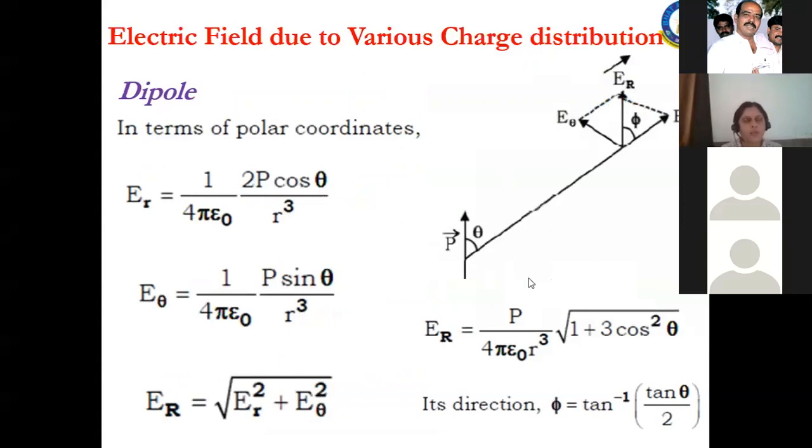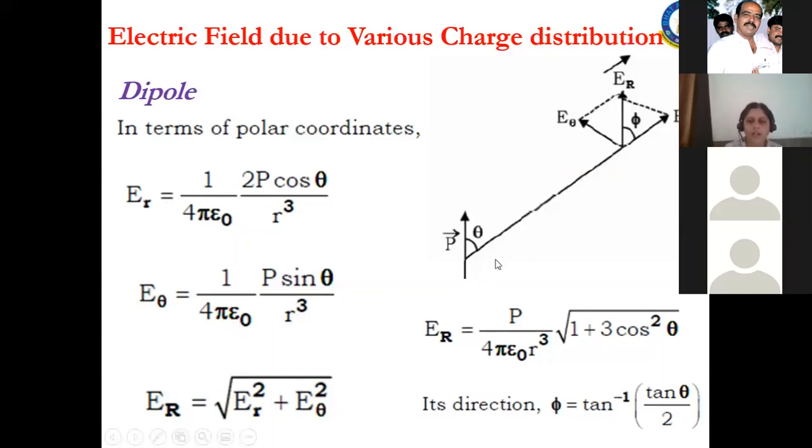Yes. Next, we move on to electric field due to dipole. For the dipole, as we derived in the theory classes, you might be remembering, we got two cases: the electric field along the axis of the dipole and the electric field along the equatorial plane, right? So these are the formulas. Along the axis, it is 1 by 4 pi epsilon naught 2p cos theta by r cube, and on the equatorial plane, it is 1 by 4 pi epsilon naught p sin theta by r cube.